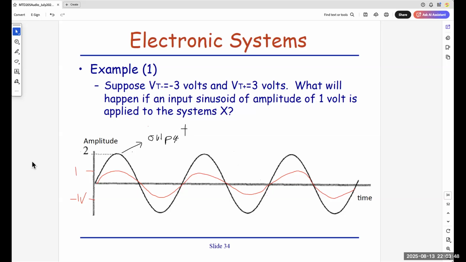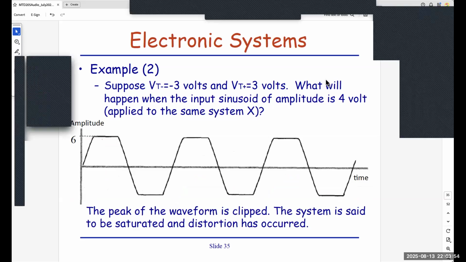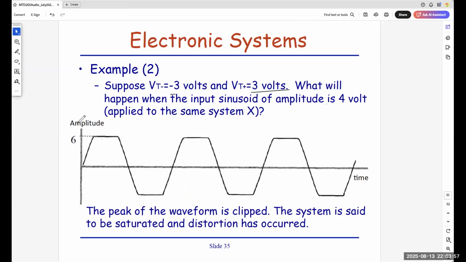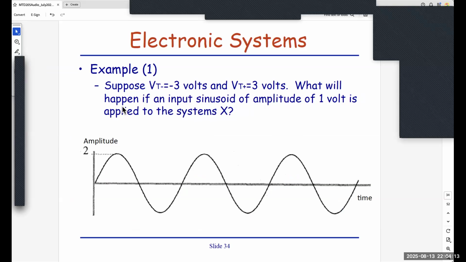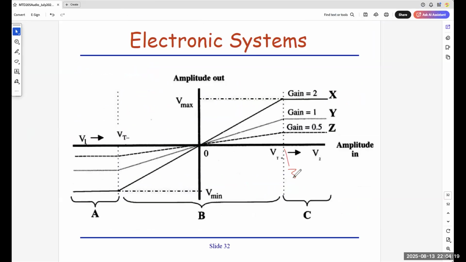So another extreme is when you go over the limit. Over the limit means that the limit is 3 and -3, but then you exceed the limit of 3, you go to 4. What will happen? If you see this graph here, bear with me one minute before we close it. Right now you have 4 volt. Here is 3, but now here is 4. So if you go up here, you know that the maximum is 3.